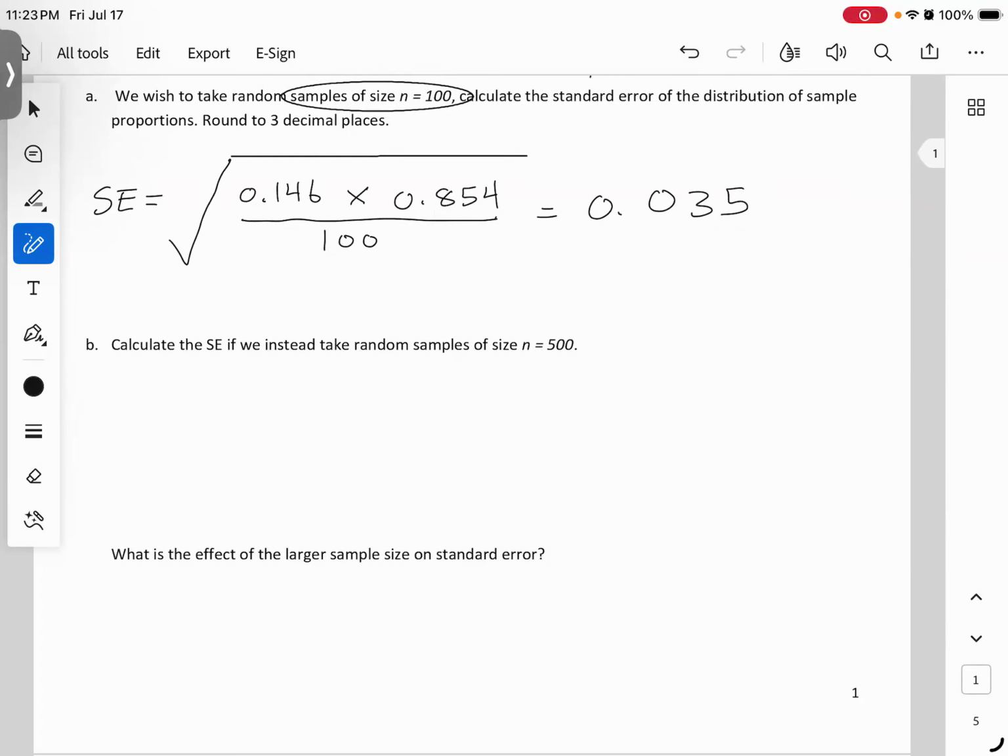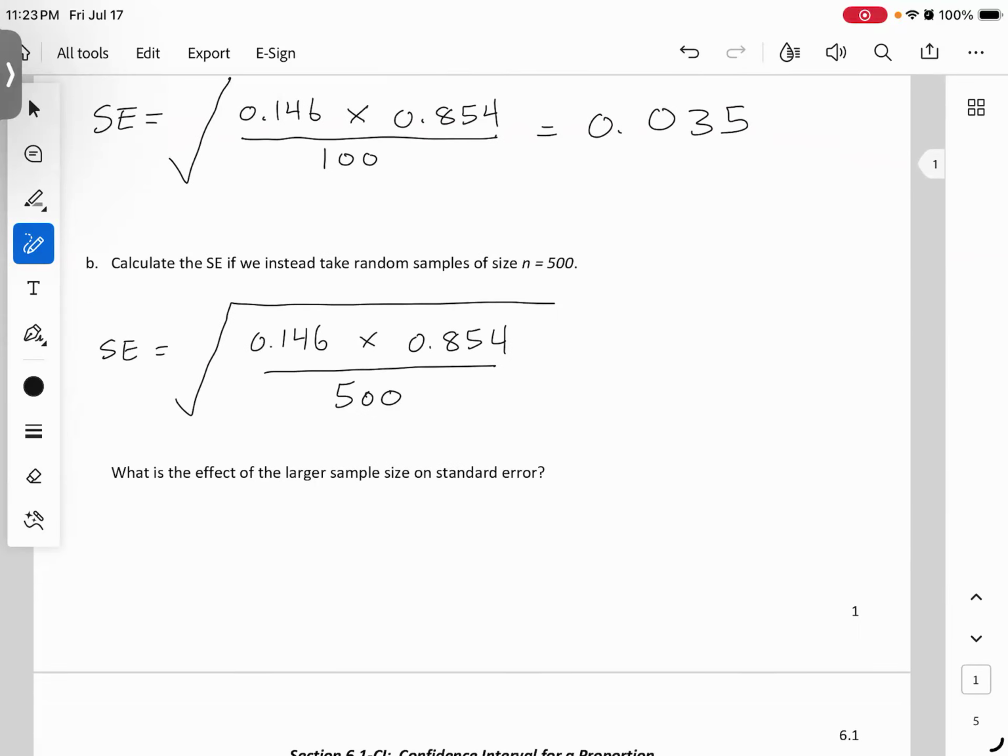Now, if we were to instead do larger sample sizes, again, still the same information. There's our proportion, there's our complement. And then now instead we do larger sample sizes of 500. I want you to try that one before I do it. What should happen, and this is actually something that we talked about in an earlier section, is that as sample sizes get larger, your standard error goes down. And you should see that from 0.035